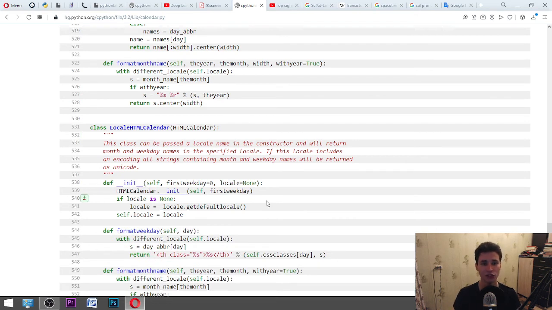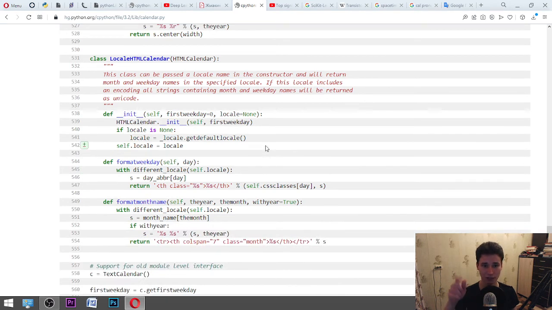def __init__(self, firstweekday=0, locale=None): HTMLCalendar.__init__(self, firstweekday). if locale is None: locale = locale.getdefaultlocale(). self.locale = locale. def formatweekday(self, day): with different_locale(self.locale) as: s = day_abbr[day]. return th class